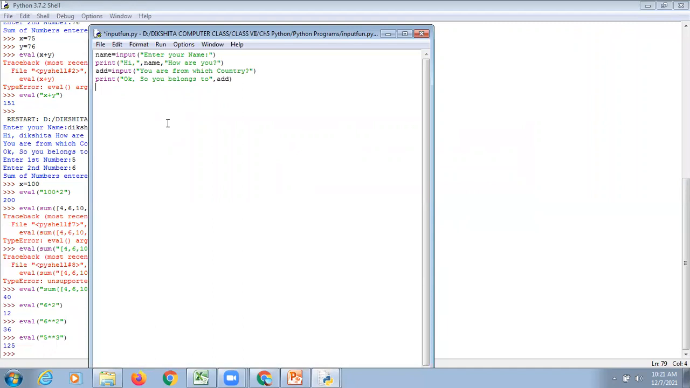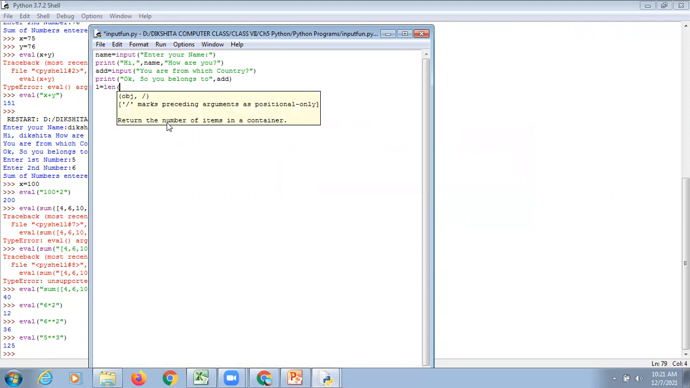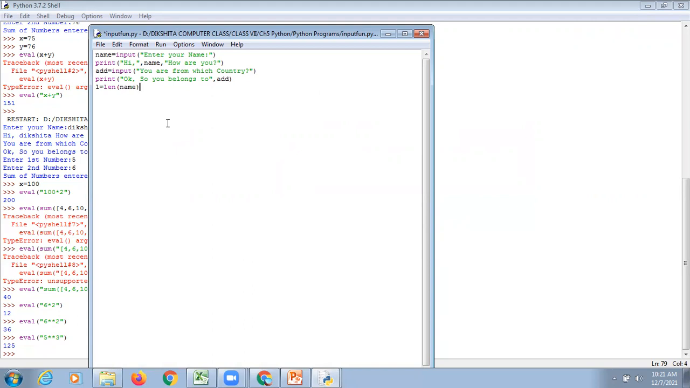First, you can declare a variable. I am declaring a variable as L. L equals to len. Len is a function. Here you can write the variable where you have stored your value. So the value is stored in name. Now the length is calculated and it is stored in L. Another variable L. So now we have to print L. So we can write the length